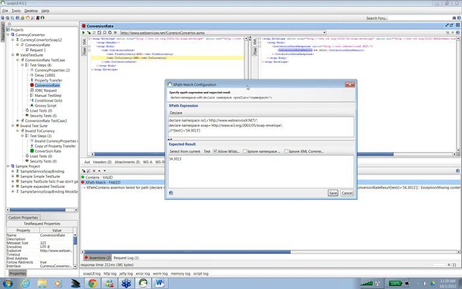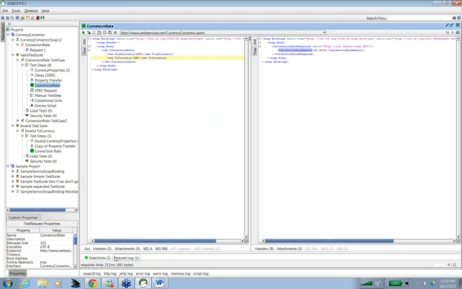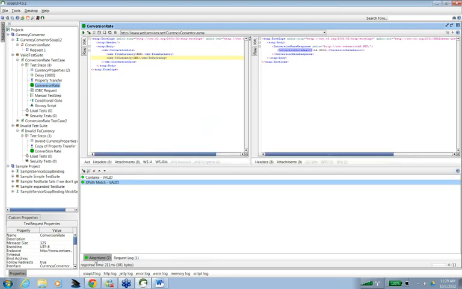Okay, now it is coming up. It is not able to recognize conversion rate result for some reason, but it is able to recognize that the text contains this value, so you can do this kind of assertion. There are some more assertions which we can do.